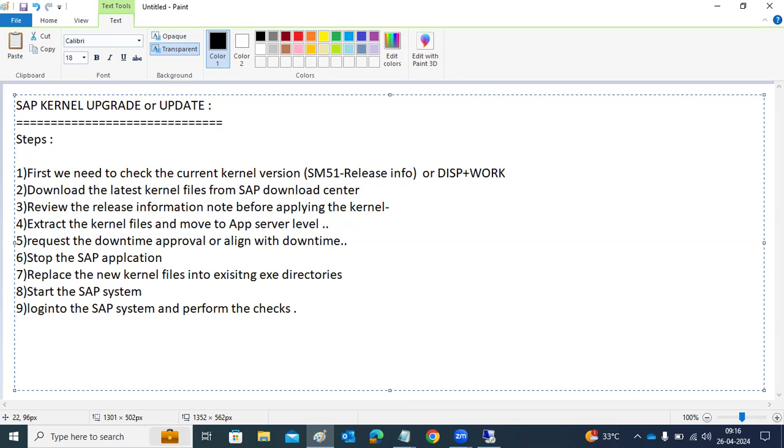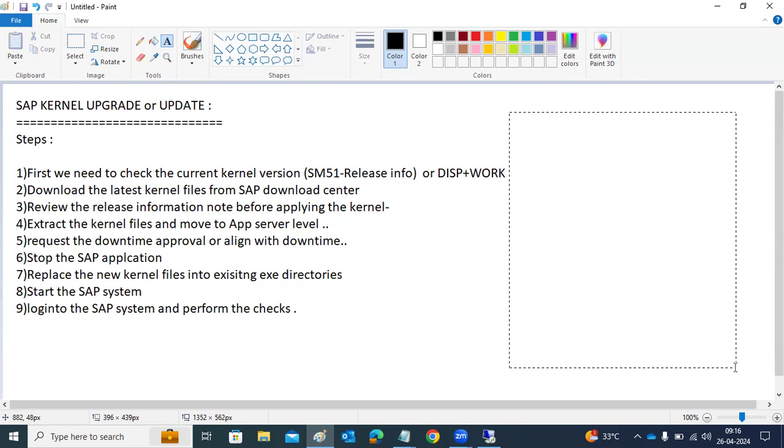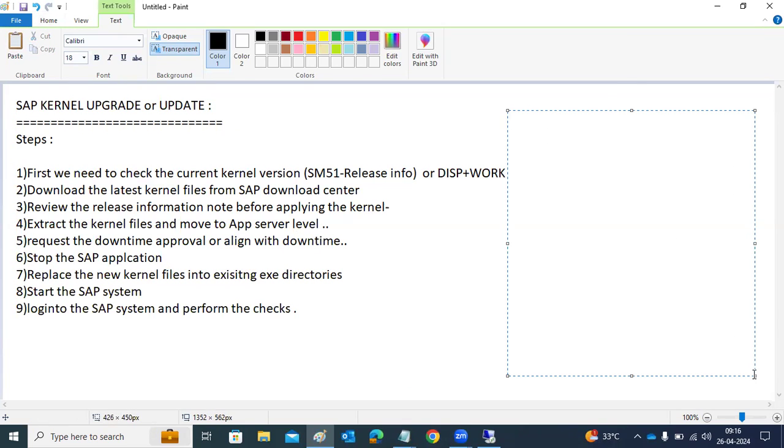These are the steps we need to follow to perform the kernel upgrade, any system kernel upgrade. So these are the steps we have to perform in the systems. Suppose, for example, here, you see,